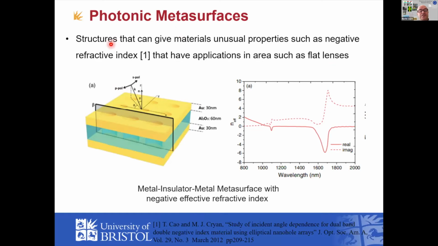And the idea of this whole metamaterial metasurface is that you can give pretty basic materials, in this case gold, aluminium oxide, and gold, properties that aren't available to those individual materials. In this case, I'm talking about electromagnetic behavior. And that's why this term meta gets used, because